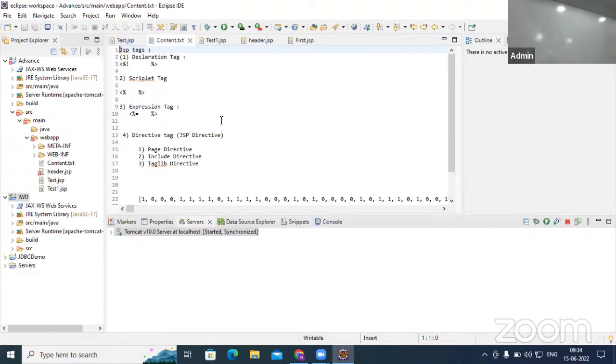Actually, when you are working on the Java servlet, you have to write all the HTML content within out.println. You have to write within the out and println. Meaning, whatever you want to write, you have to put there. You must have seen that in